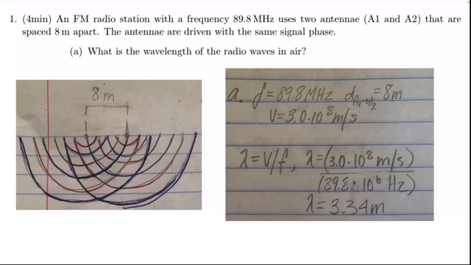Okay, so problem 4 is asking about an FM radio station with a frequency of 89.8 megahertz, which uses two antennae that are spaced 8 meters apart. The antennae are driven with the same signal phase. So in the picture, you can see just the two antennae 8 meters apart, and they're each releasing their radio